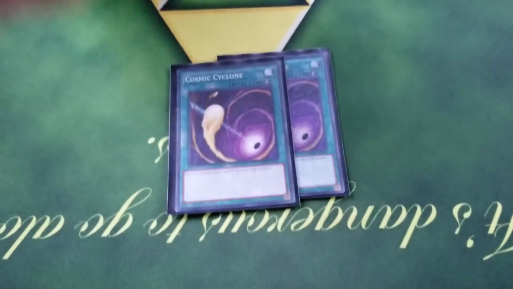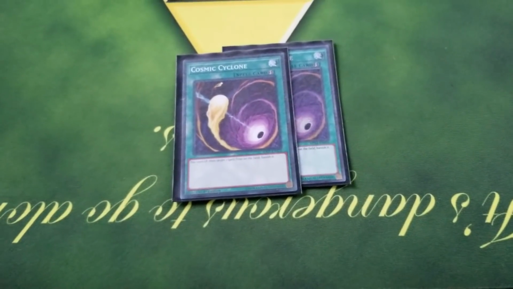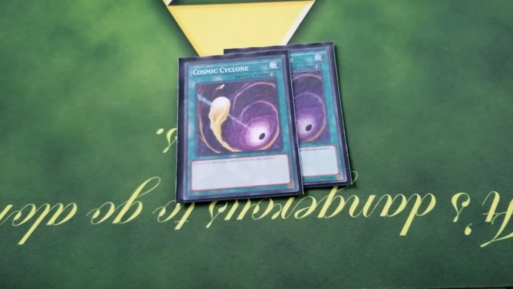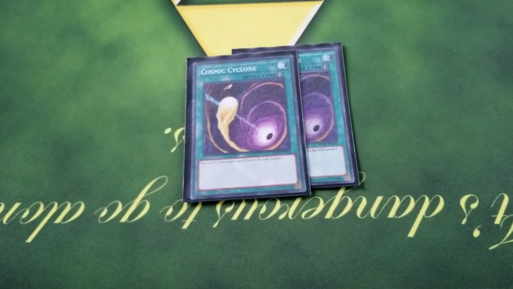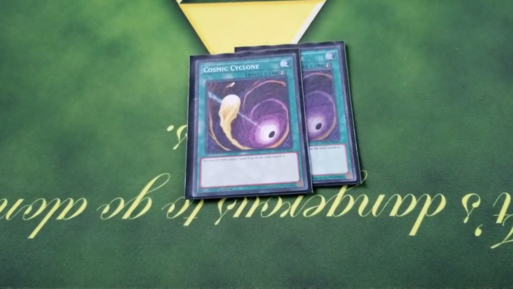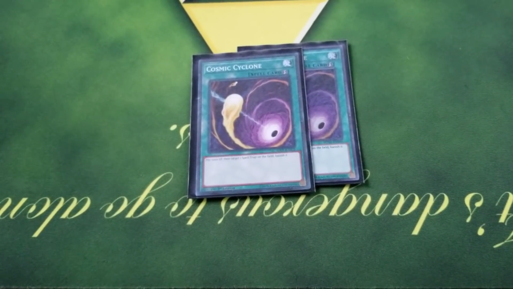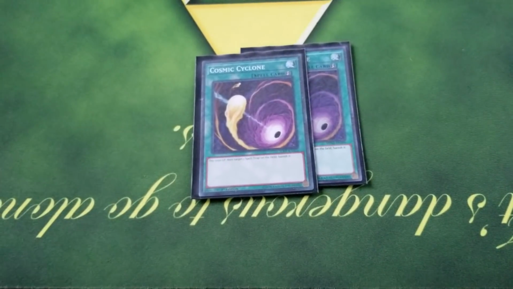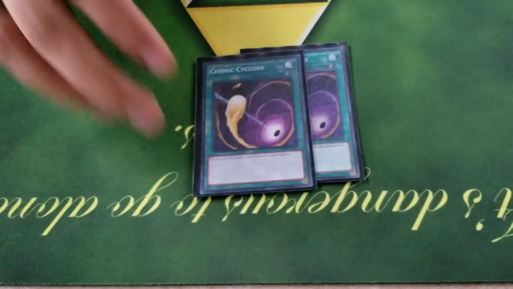To round out the spells, 2 Cosmic Cyclones. So with the new time rules, have you thought about switching Cosmic Cyclone to something like Twin Twister or like MST? MST, no, because it can be stopped really easily. Twin Twister, maybe. But I've come across Cosmic Cyclone in a dire need, and paying 1,000 life points right off the bat doesn't hurt me that much. Because, okay. I banish cards for a living, so...